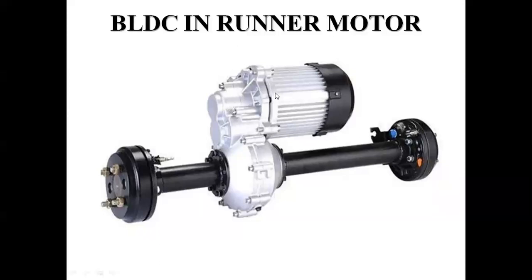So this is a DC motor. This DC motor is operated with the help of a controller, and you have a transmission system here. This transmission system sends its power to the central shaft, and this central shaft rotates, which allows these two wheels to rotate. So you have a motor here, and this motor supplies power to the central shaft, which is used to run the vehicle.